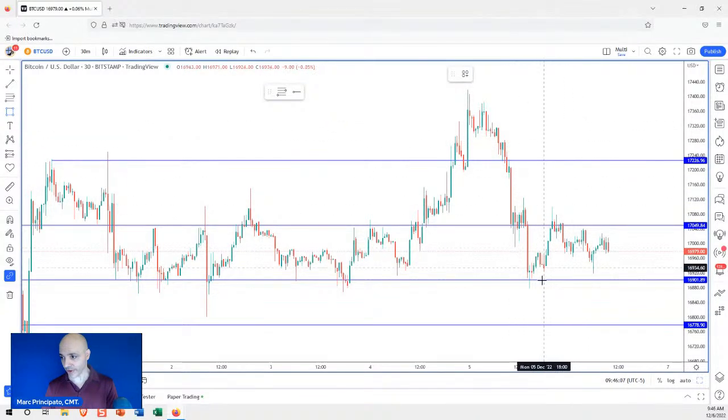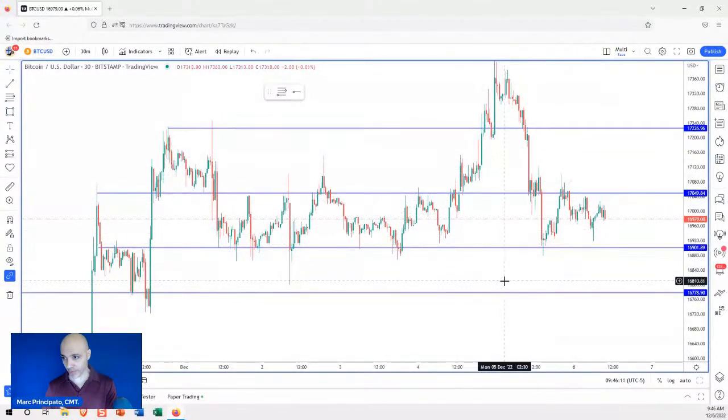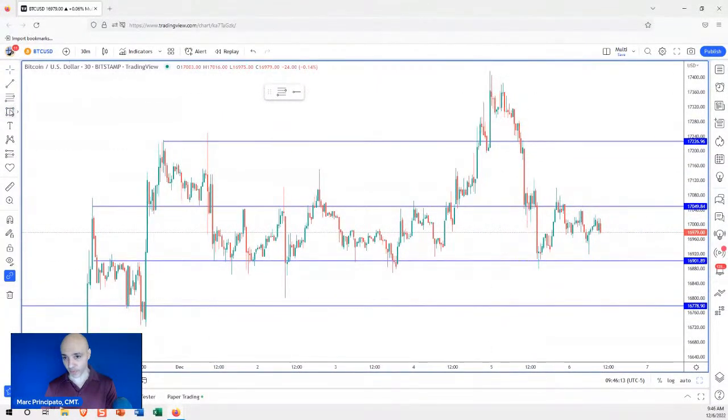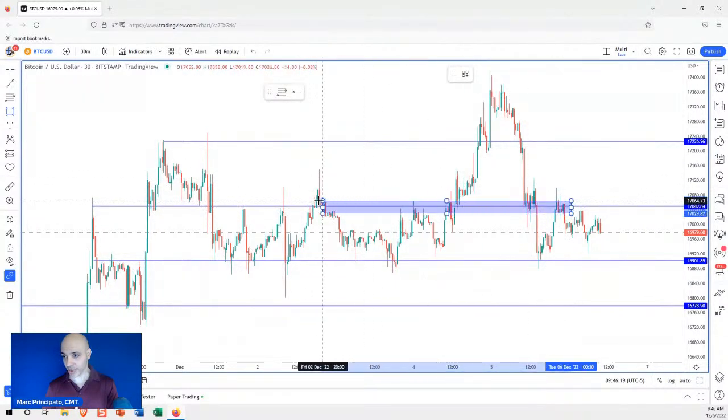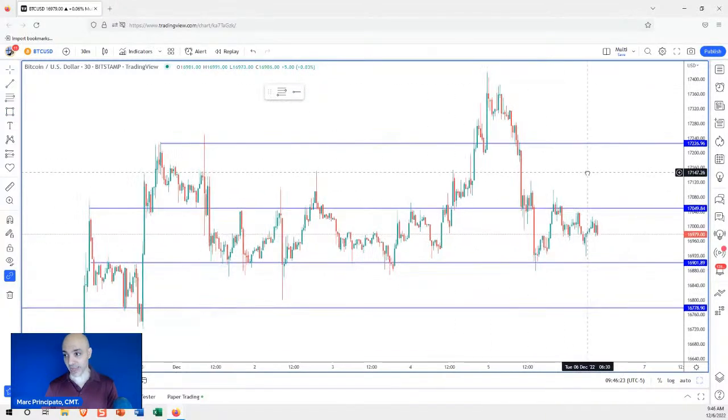And what we have here, with zooming out a bit, you can see these levels that are on my chart. They're still on here. These are from previous analyses, right? And look how relevant they are. I mean, look at this level right here. Look how many touches that thing has. It breaks. When it comes back, it becomes a level again. It doesn't matter why. It just matters that it's there.